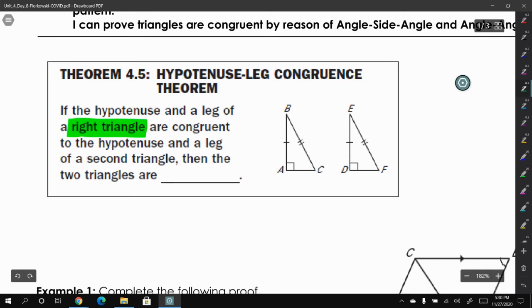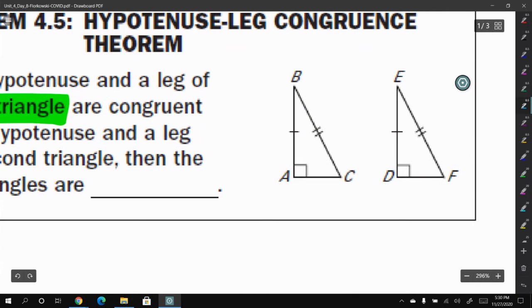So the hypotenuse leg theorem says that if we have two right triangles, you know they're right triangles because you have those boxes to show us that those are right angles, and we know that the hypotenuse is congruent and one of the legs is congruent. So if we have a situation like this,